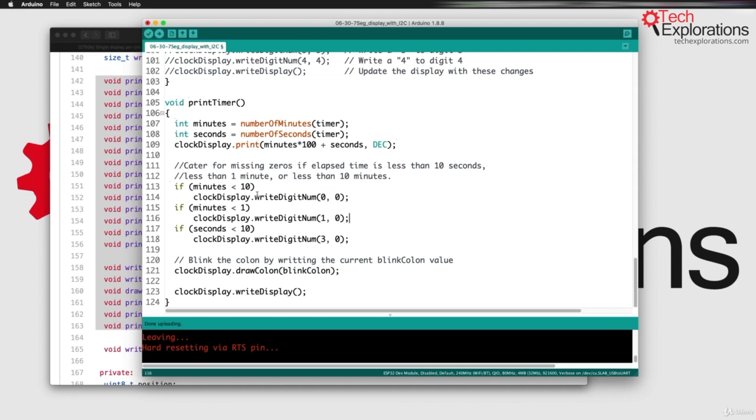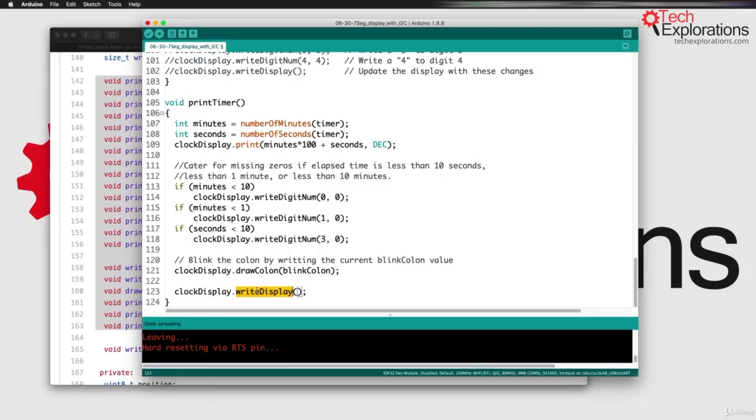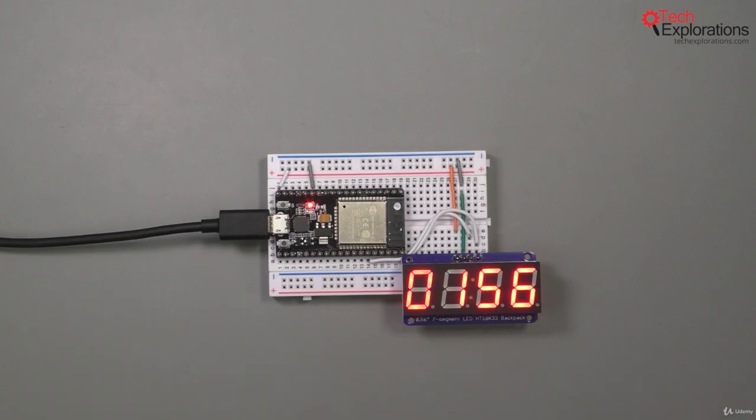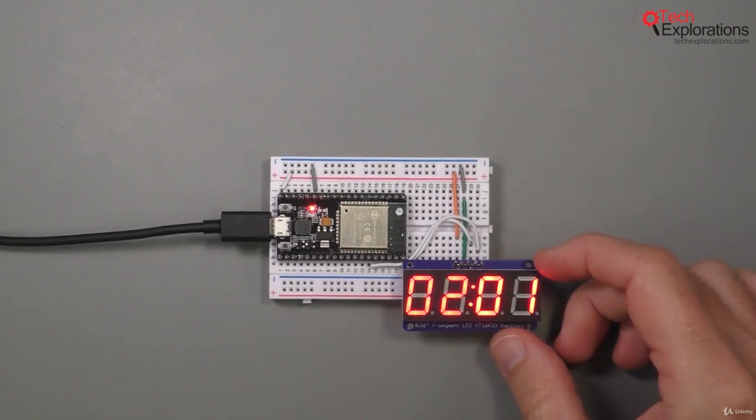Now, once we write digit numbers and configure the state of each digit, then we need to call the write display function on the clock display object, so that we can print the appropriate digits here. So unless you call the write display function, the information that you've written to the display stays in the buffer and it doesn't actually go out on the display. So that's about it. It's, as you can see, quite simple to control a 7-segment clock display using the I2C